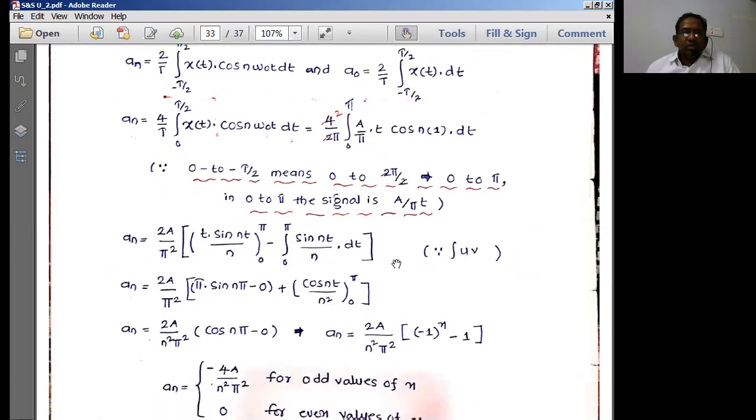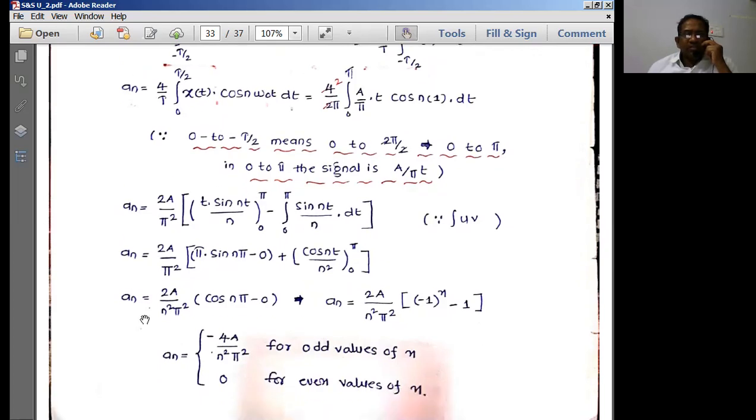So it is normally in the form of what now? The UV formula. Simply you have to apply the UV formula here once again to compute the values. Once we apply the UV formula, just same as the previous thing, once you solve this, I'll be getting here a_n is equal to 2A by n square pi square cos n pi. So this is the equation I'll be having.